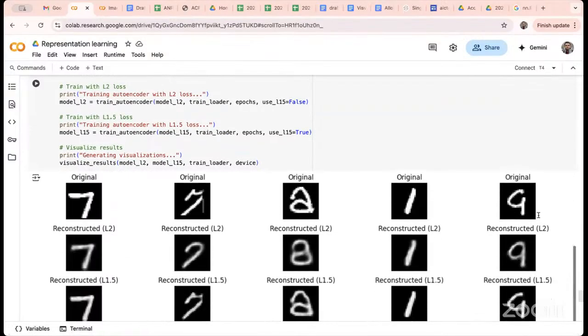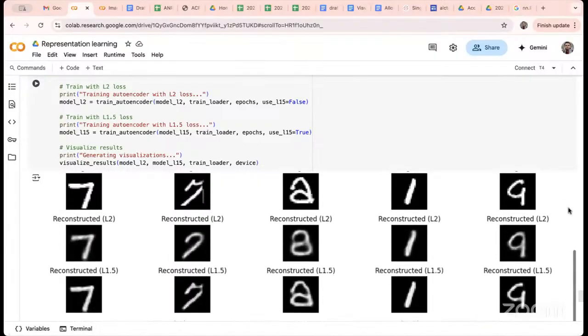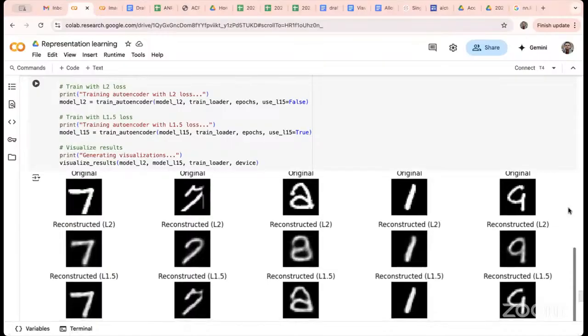Now you look at this result, for example. Here you see there is an original image. Look at this one. Are you able to see this? Yes, sir. So this is actually a 2, which is cut. There is a portion of 2, some handwritten 2 is written.